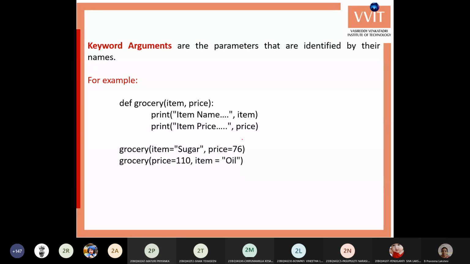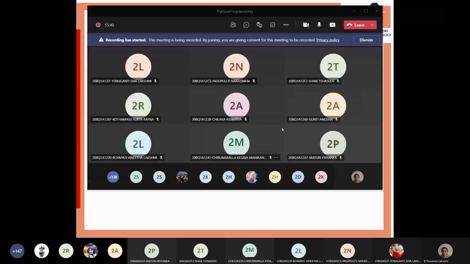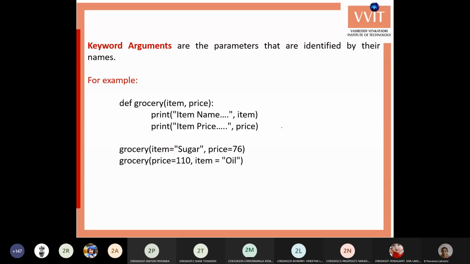These arguments are used with the names of arguments while calling the function.